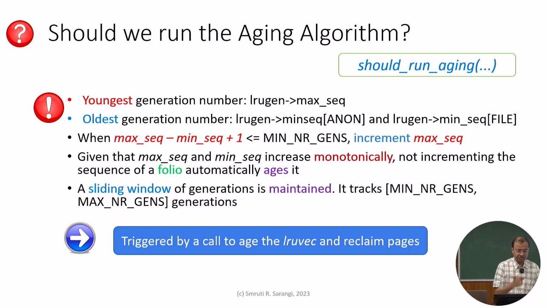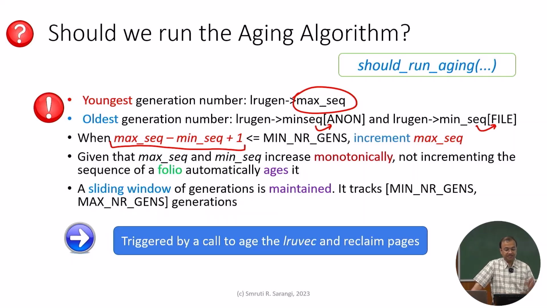So what you would like to do is, LRU gen max sec has the latest generation, and min sec has the earliest generation, for anon and file respectively. What we would like to do is that the number of generations, which is max sec minus min sec plus 1,